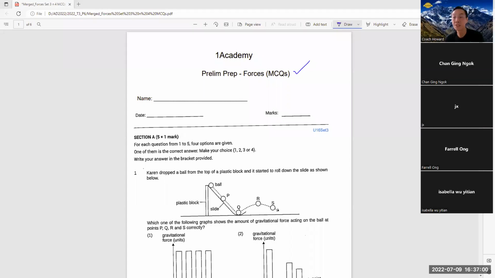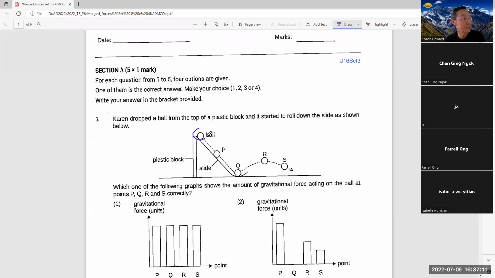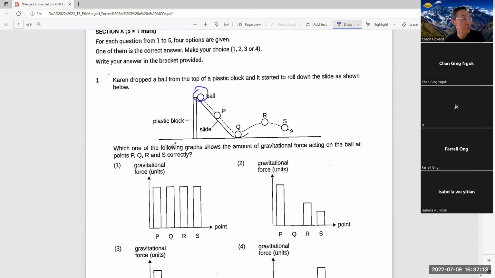Okay, look at this question as I'm discussing it now. As you can see, Karen dropped a ball from this height. The question asks you, which of the following graphs shows the amount of gravitational force? I want you to highlight this part, gravitational force, acting on the ball at these positions, P, Q, R,